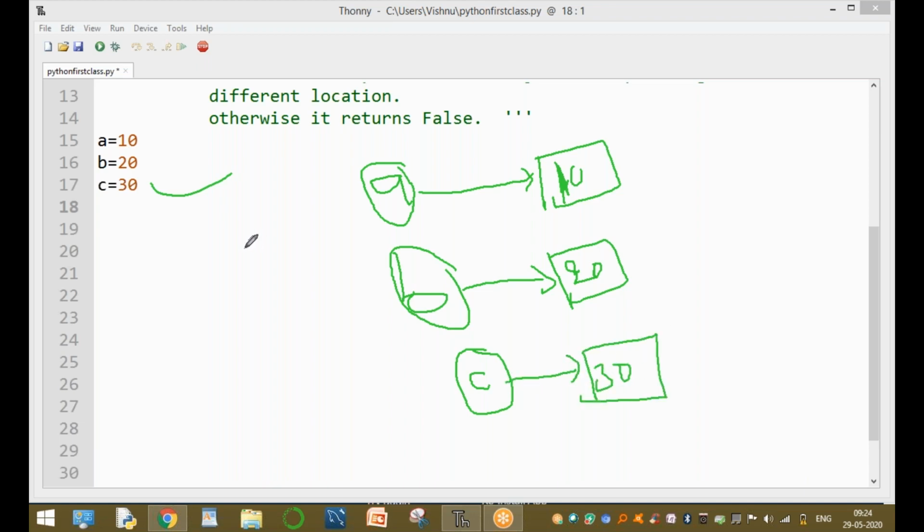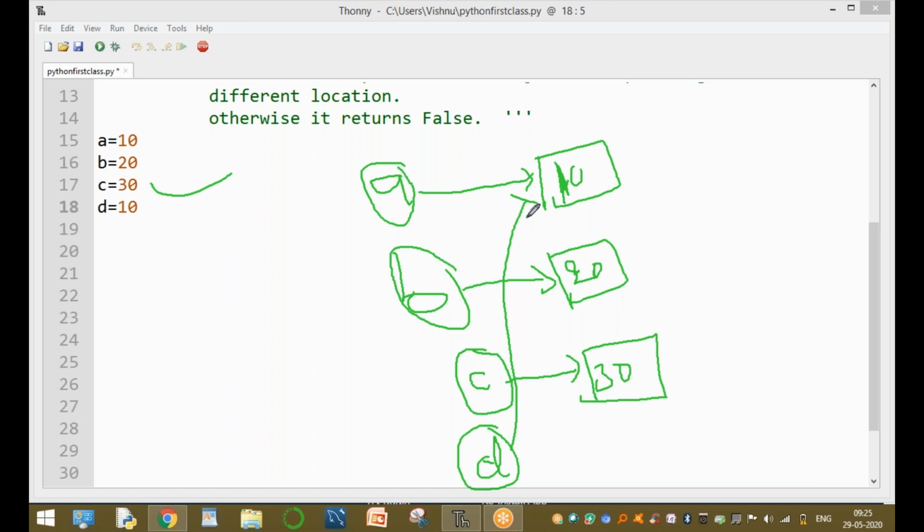For example, another variable d equal to 10. That means d is an object pointing to the value 10.